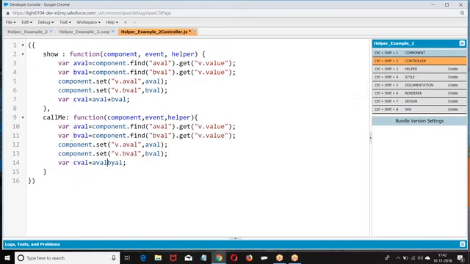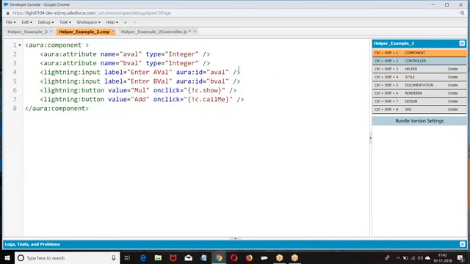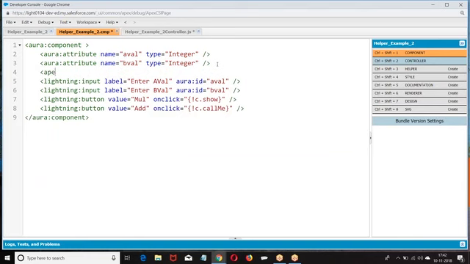So if you observe this, whatever value I entered in the input text box, the same value I want to read, assign it to the attributes, then calculate the value.